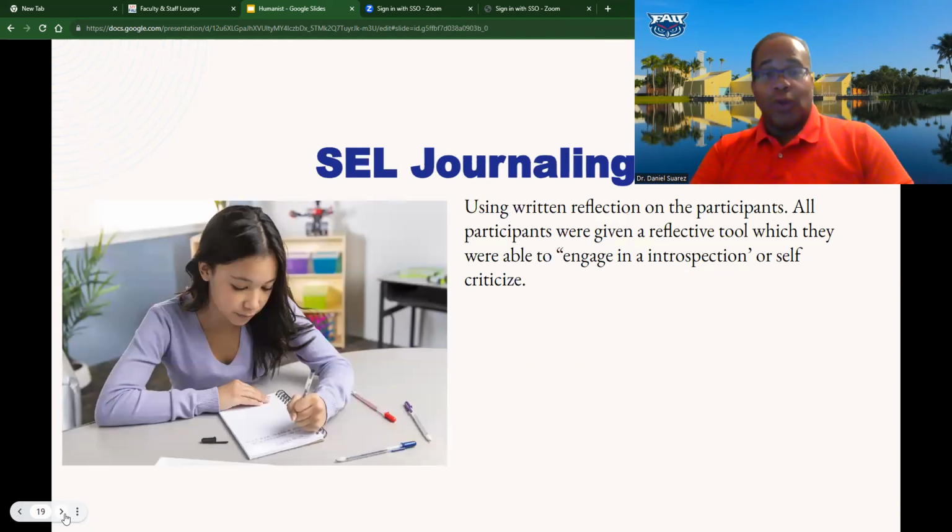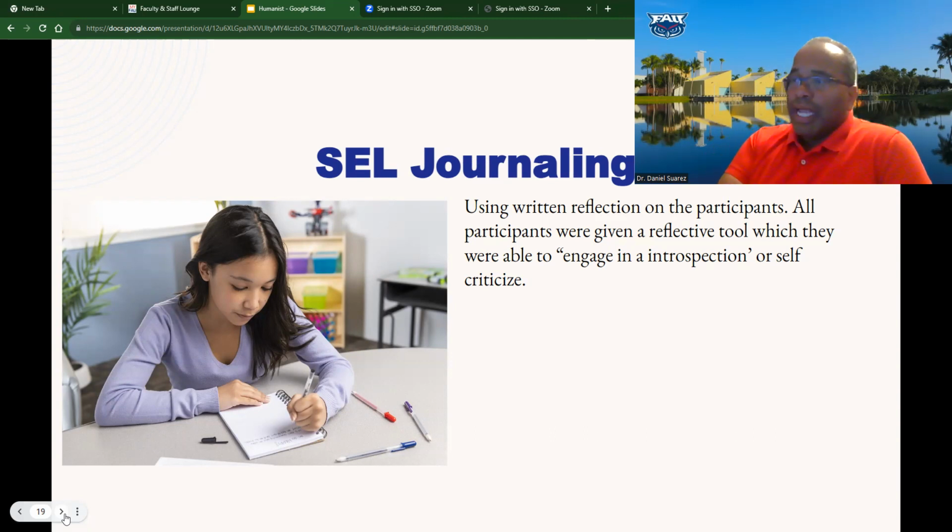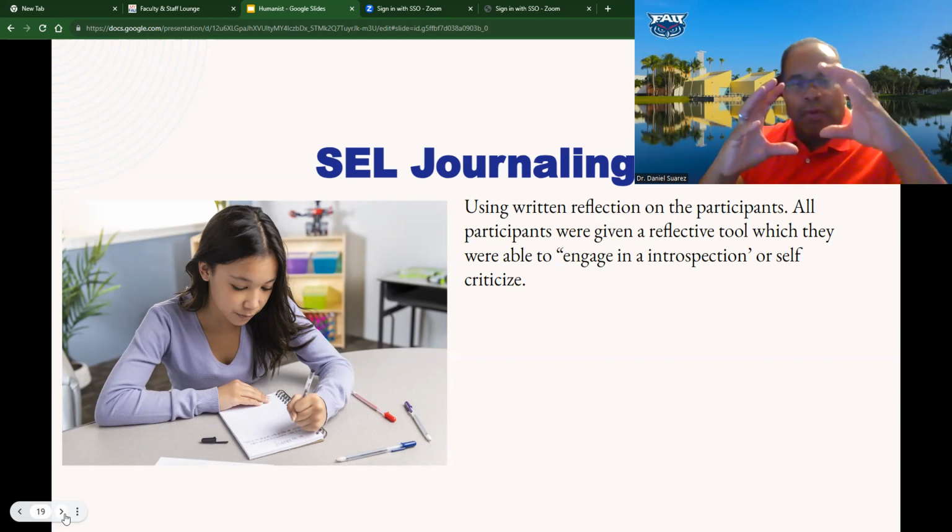One was journaling using Google Docs. The students were asked to write reflective journals. Once they did the reflective journals, they were expected to interpret them themselves. We gave them a rubric and a grading scale so that they can see what they can do, what their responses are, that they could have done better or worse. It's not about the word amount, but more about how they felt in that particular moment, how much they captured that moment. If they were to take a picture of that moment in words, how would it look?